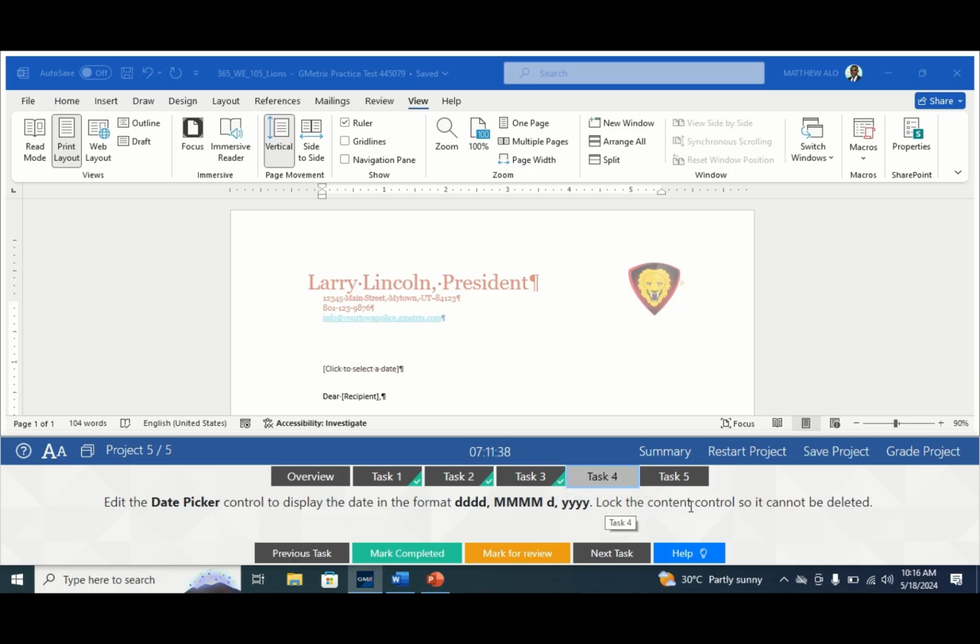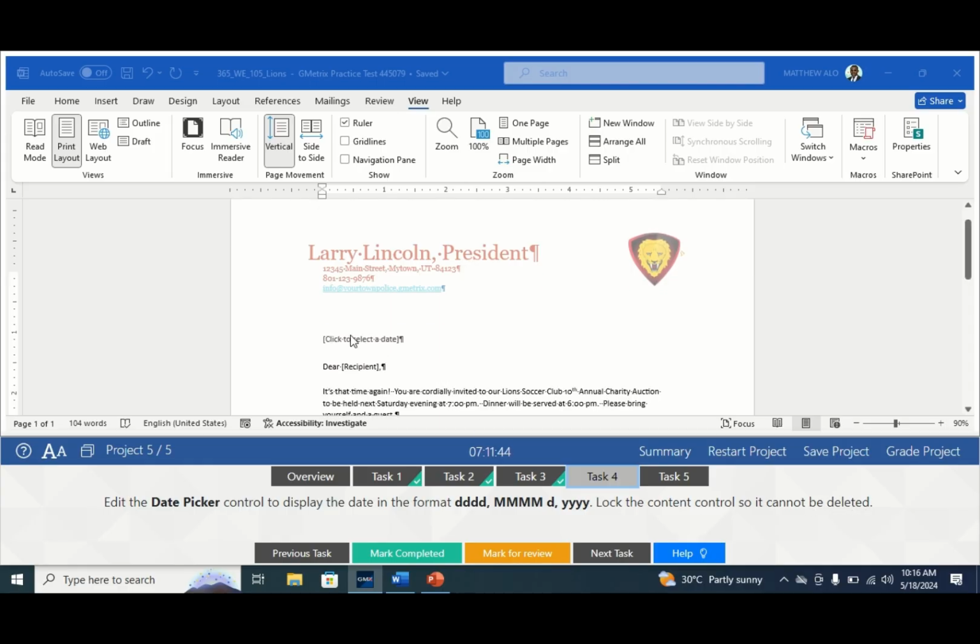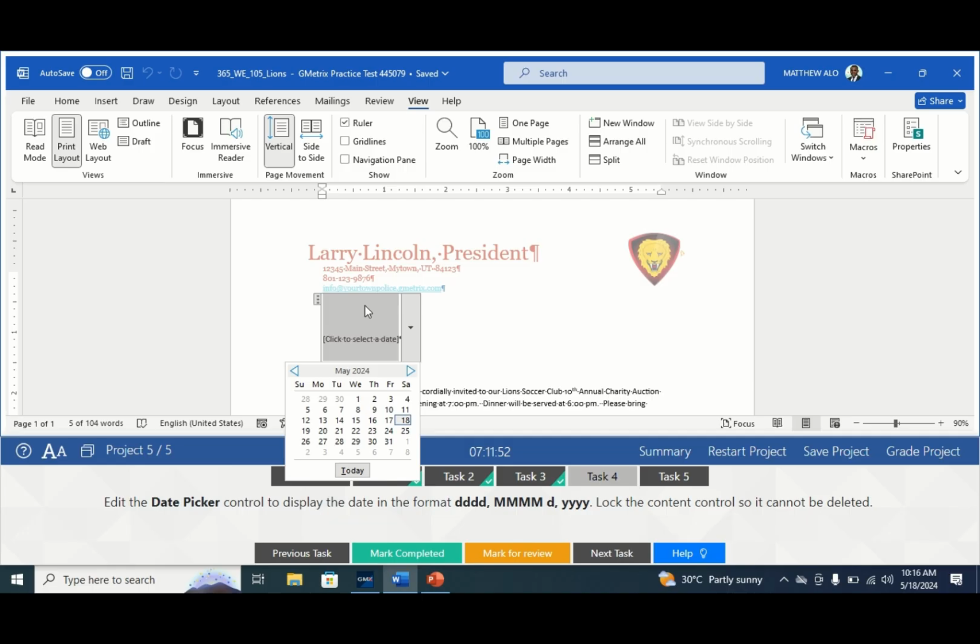Lock the content control so it cannot be deleted. Okay, so to do this, just locate the Click to select a date. Okay, so this is the date picker. Now here, to edit this, just go to the